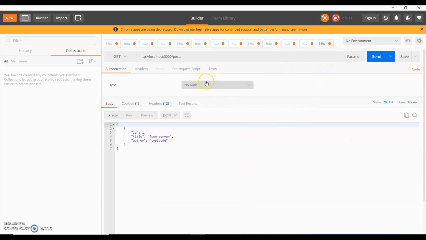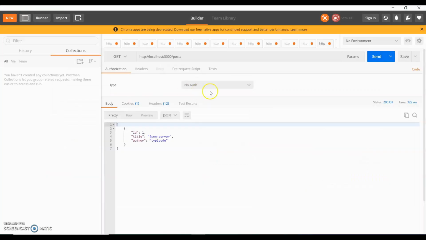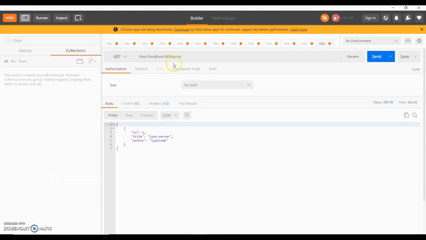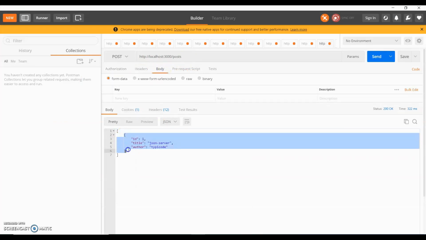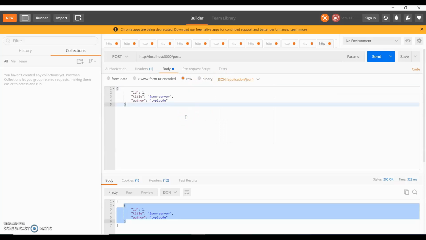Okay, so if I need to create a new user, how can I do it? For this I need to use a POST request. As in the previous video I already showed you how we can use a POST request. For a POST request we have to give some body. So my body will be this, raw, and this is application JSON, and I will give ID 2.